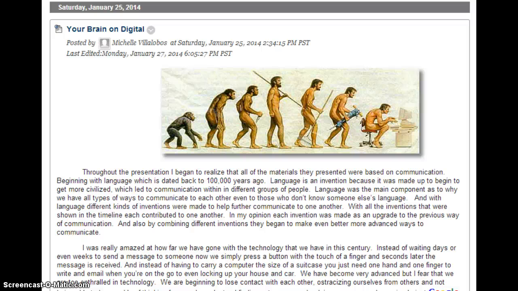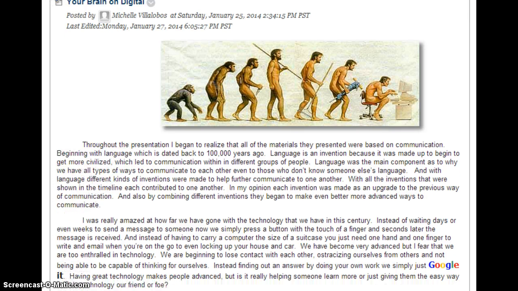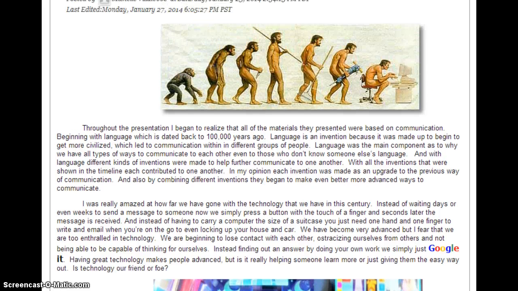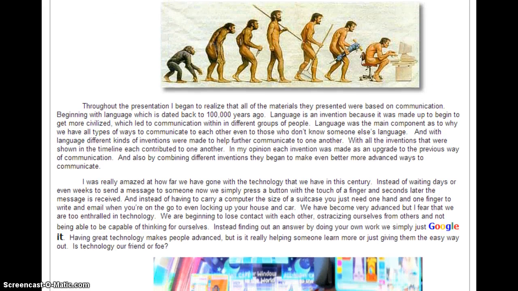With my first comparison, I wanted to compare the first individual learning blog to all the other individual learning blogs that I did last semester. Starting this semester, on January 25th was when I did my first individual learning blog, and here I wanted to be more creative by using pictures as well,